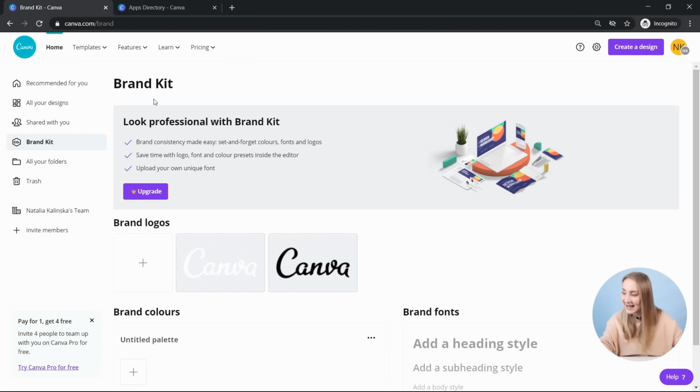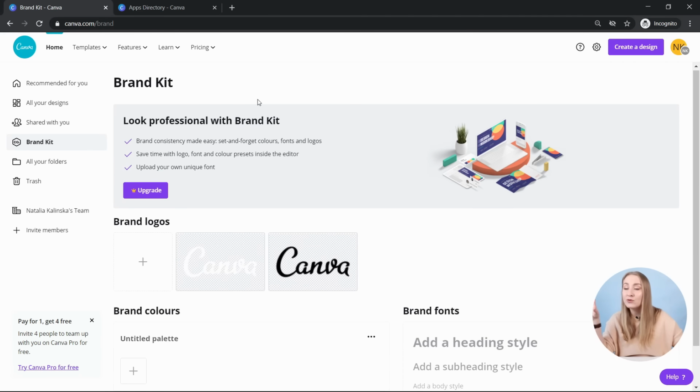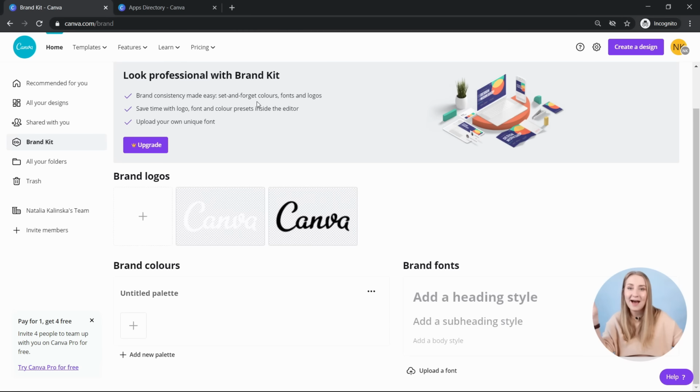And then you've got the brand kit. The brand kit is a functionality only available for the Pro users. This is really an amazing functionality if you have a specific brand and you like to stay consistent, which I am a huge advocate of in each and every one of my videos. I always say, stay consistent with your brand, and this is how Canva facilitates the process for you. So this is where you can upload your logos, you can create different brand palettes.